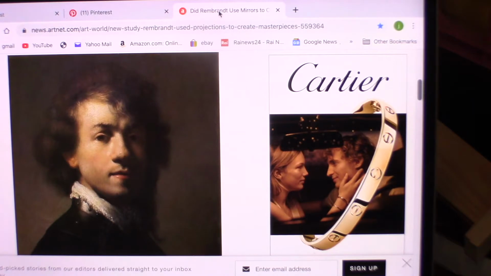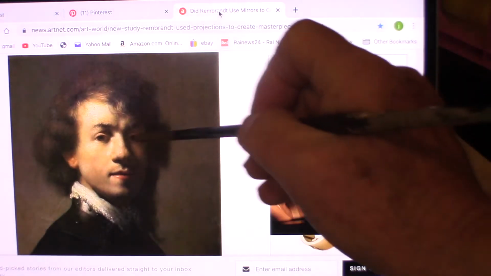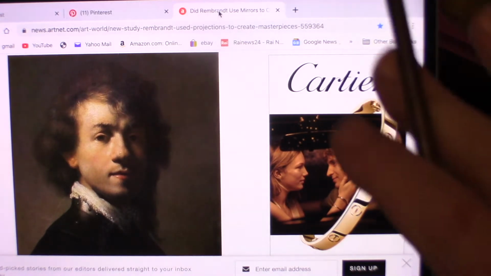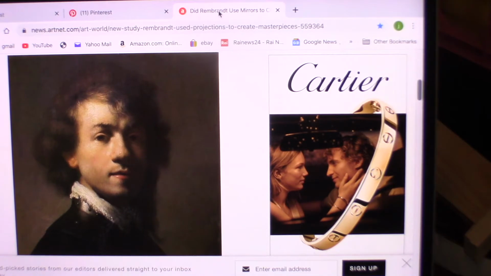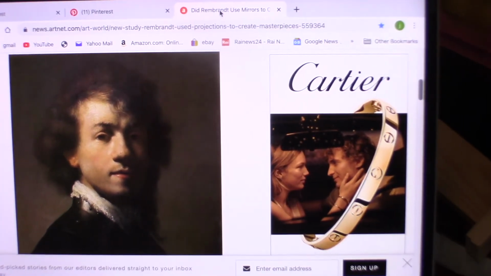I think his formula was maybe 50% thinner and 50% linseed oil, and very, very thin glaze, a dark glaze, and he would rub out certain areas that he wanted to highlight. Then he would let it dry, and gradually he would build up a layer of these glazes that was very transparent, and that's how his paintings got this effect. All right, so anyway, that's my little lecture on shadows. Now we'll get back to see what I can do